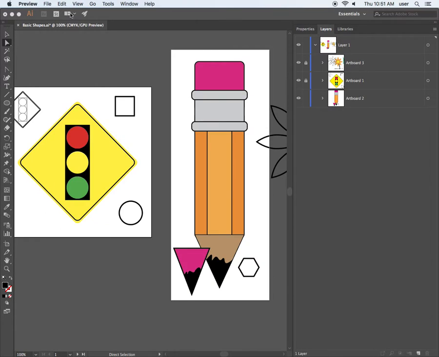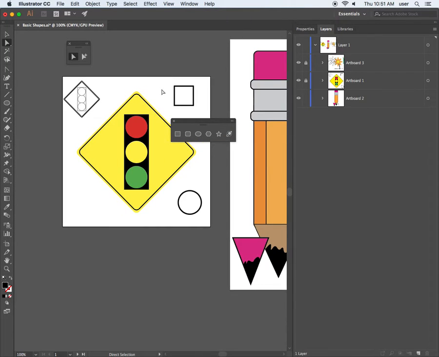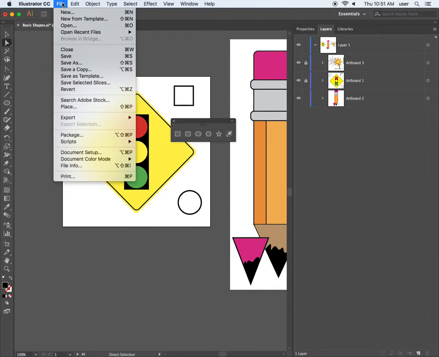Now, the other thing is sometimes you might want to export this as a JPEG, or if you want to save this with a transparent background. So the way you do that is if I go to File, Export, and the first one is Export for Screens, right? So we have Export for Screens, Export As, and then Save for Web. So I'll go to Export for Screens,